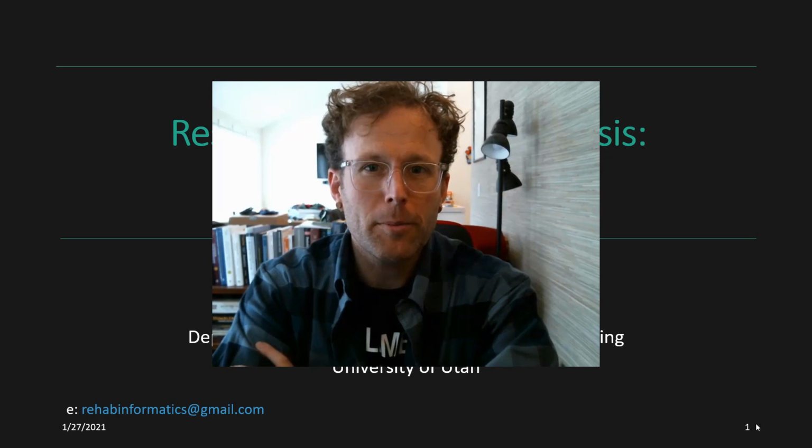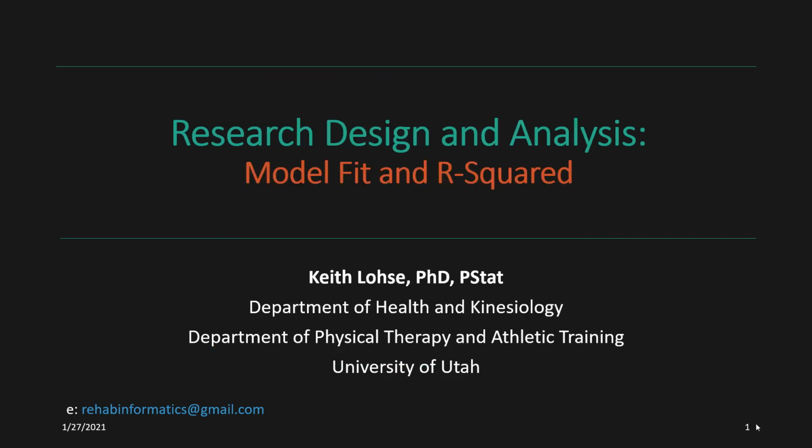Hi everyone, welcome to our second video where we're going to be talking about regression using categorical predictor variables. In the previous video we were talking about how we can actually calculate a slope and an intercept in ordinary least squares regression when we're taking a continuous outcome and regressing it onto a categorical predictor. In this video we're going to be focusing on model fit statistics and the variance explained in the y variable